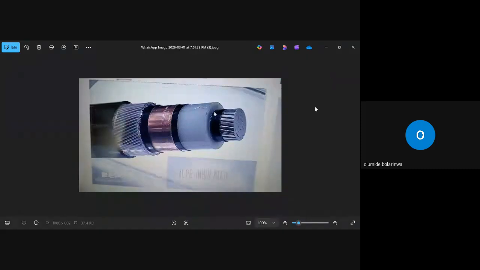Look at some designs, they will give you your cable from high tension to